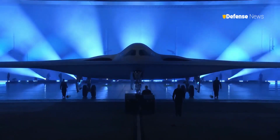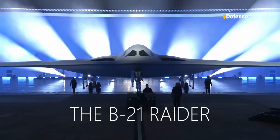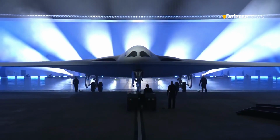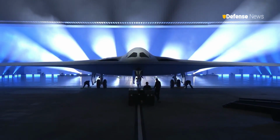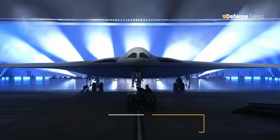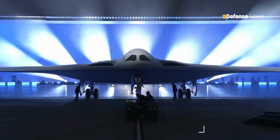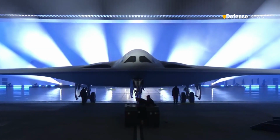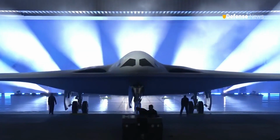On December 2, the world got its first glimpse at America's new stealth bomber, the B-21 Raider. Among the many details drawing the public's attention, few stand out quite as much as its unusual windshield or windscreens. Today, we're taking on the Raider's unusual-looking cockpit and trying to better understand why its windscreens are so different from